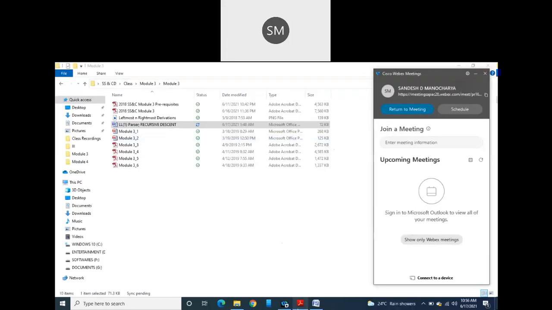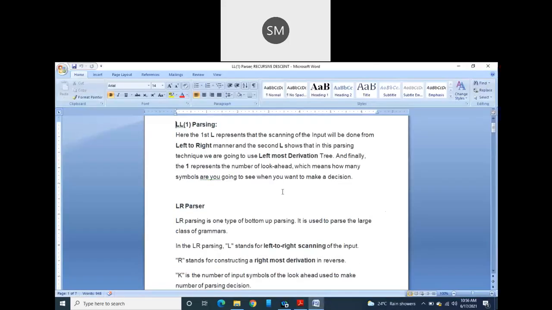Next, as in the previous class I already told you, LL parsing and LR parser. So what do you mean by LL and LR? Once again I tell you, in LL, the first L is telling you to scan the input from left to right. Associativity is left to right. Then the second capital L, this capital L, is nothing but leftmost derivation. You do the leftmost derivation. Clear now?